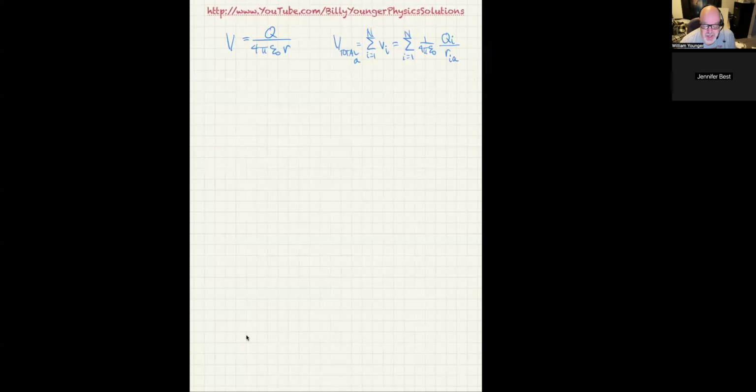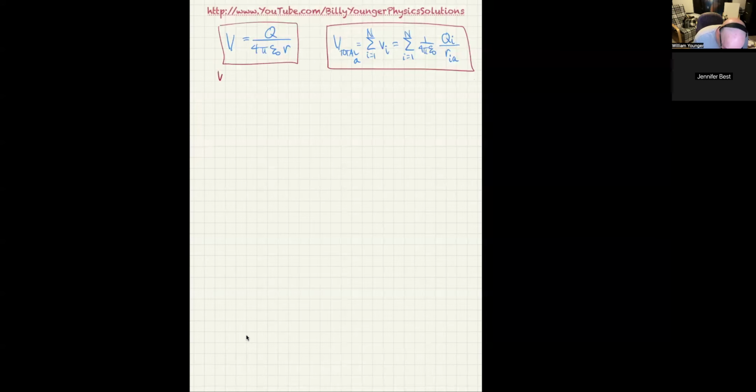That way we could do it and it would give us our total voltage. We just have to watch out, because sometimes, especially when you start to do the actual potential energy as opposed to the electric potential, then you have two charges, Q1 times Qi, and you can end up repeating yourself by accident. So you've got to watch out for that. But this is one good formula that we can make use of, so I'm going to go ahead and box it off. Of course, we already knew this one.